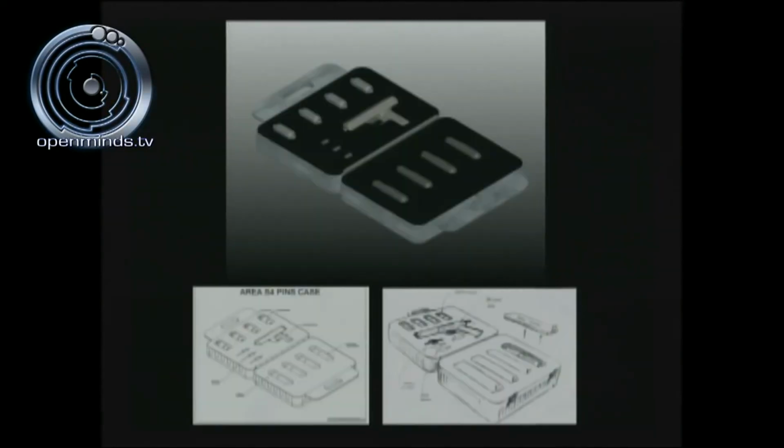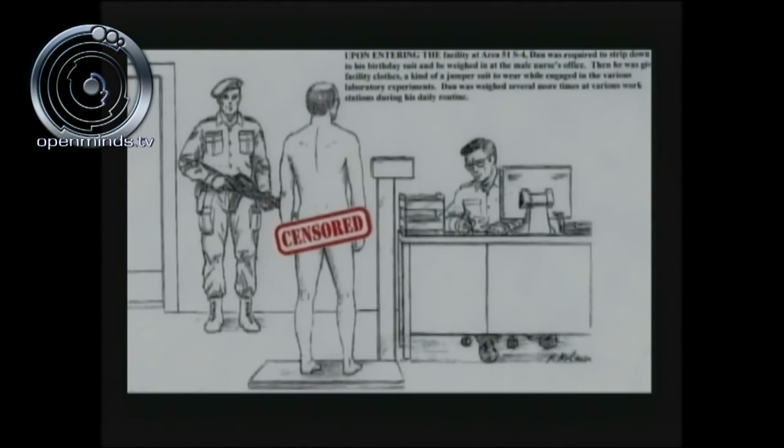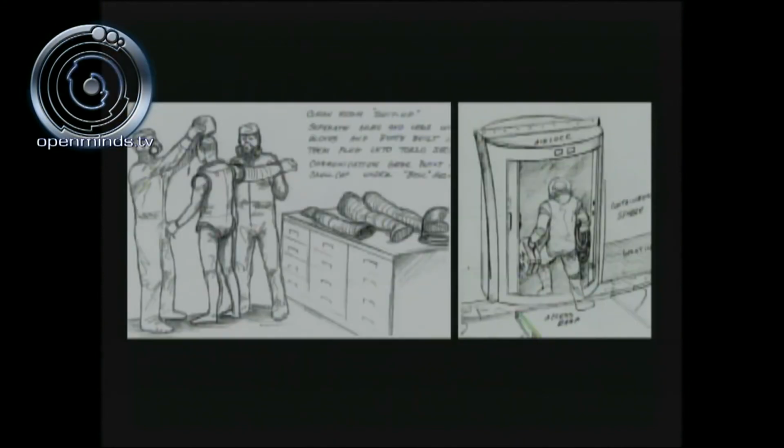So that's how they did that. He also carried a briefing case with him with multiple needles and cartridges that went inside the clean sphere as well. Now again, remember, they weigh you in the nude when you get in, then when you drop down to 4-5, they weigh you in the nude again. So there's just no way you're going to sneak anything out of 4-5.